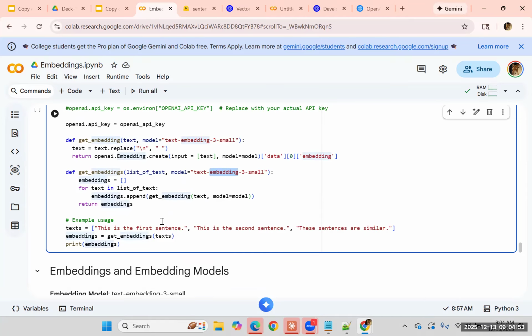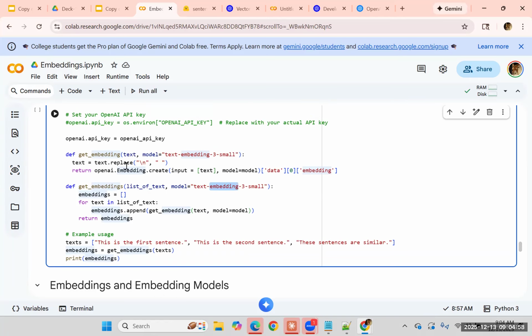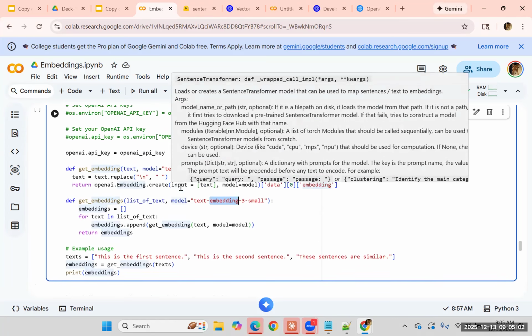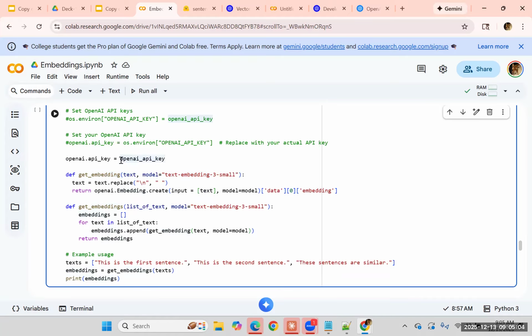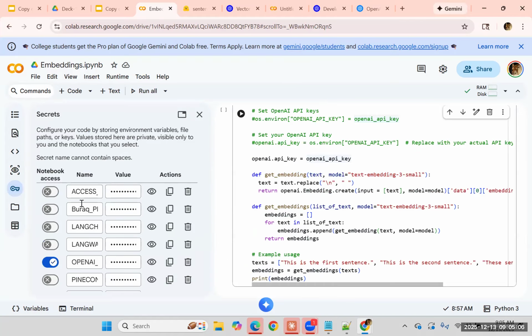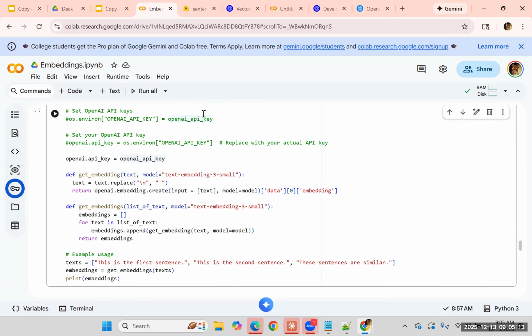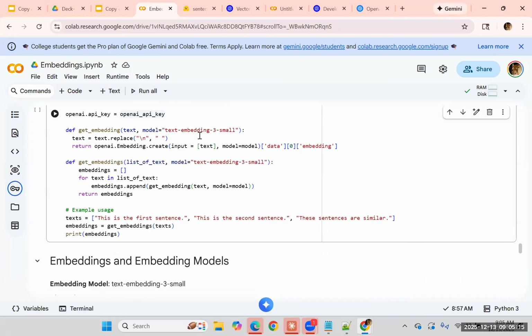All it does is take these 3 sentences and generate the embeddings using text embedding 3 small. And then we have the OpenAI API key, which I have used here. I have enabled it so it can use that key to connect to the OpenAI API. And then you can use any model. If you just have one key, you can use any model within OpenAI, like an LLM model or